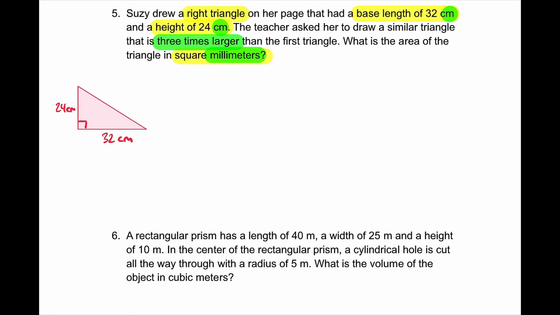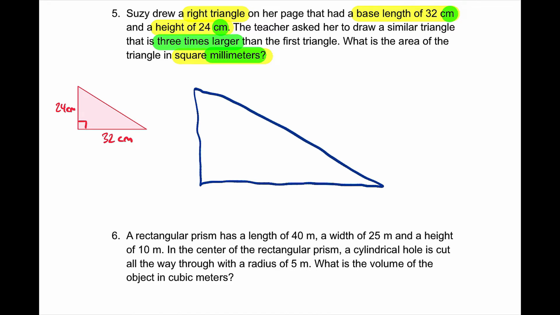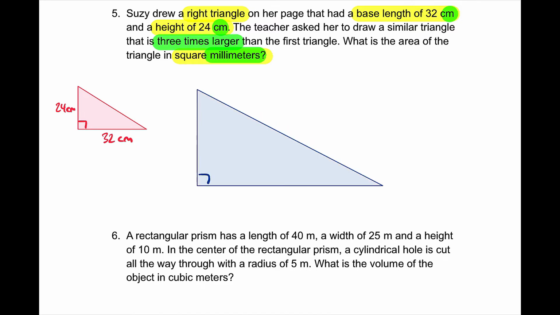So I just need to multiply 24 by 3. We get 72. So this is going to be now 72 centimeters. And the base is 32, and we're going to multiply it by 3. So we get 96